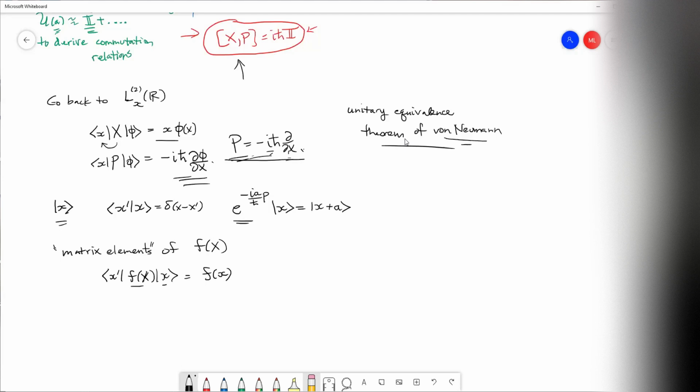A function of an operator now becomes the same function of a variable, and this comes out, so you get f(x) δ(x′ − x), and this is the equivalent of a diagonal matrix, right? Except